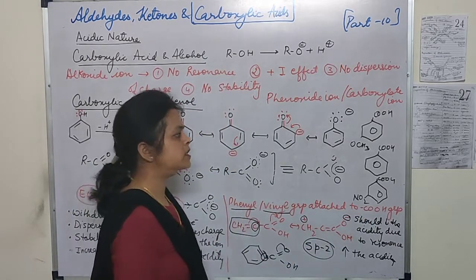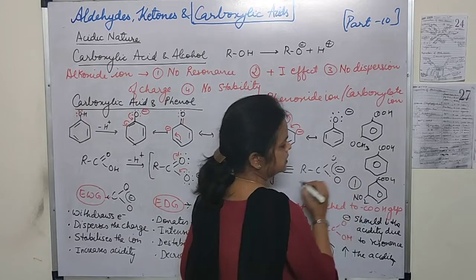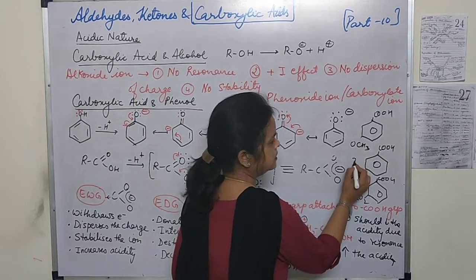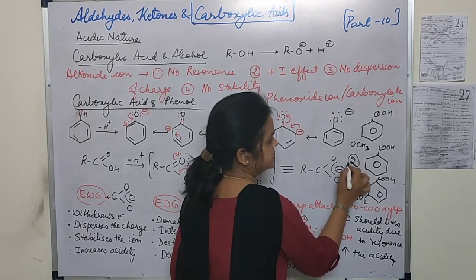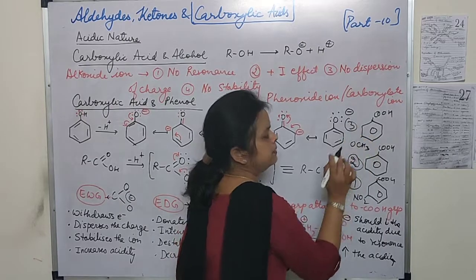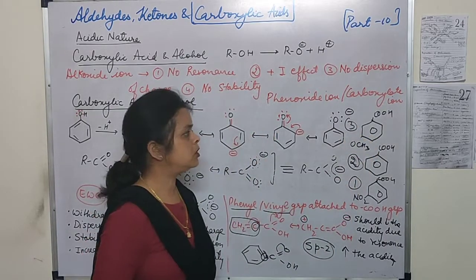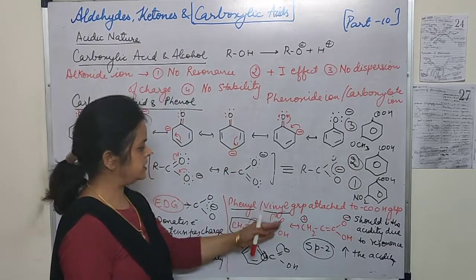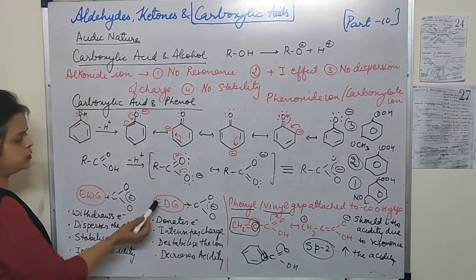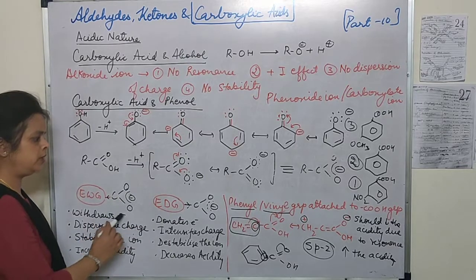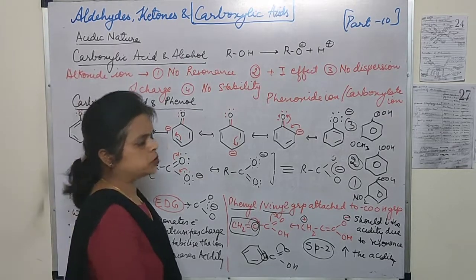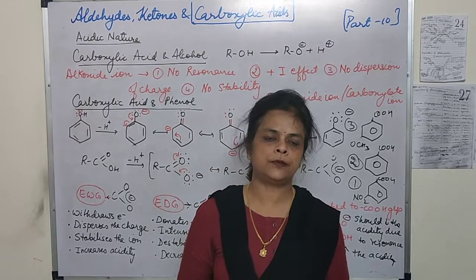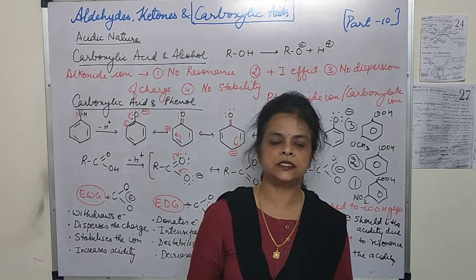So which one will be the strongest acid? This one. सेकेंड कौन सा हो जाएगा हमारा, benzoic acid. And third, where the methoxy group is attached, because the methoxy group is electron pushing, electron donating. So in this way you can find out the nature of the group which is attached, whether it is electron withdrawing or electron donating. Okay, so here, students, we have completed the chapter aldehydes, ketones and carboxylic acids. Thank you.